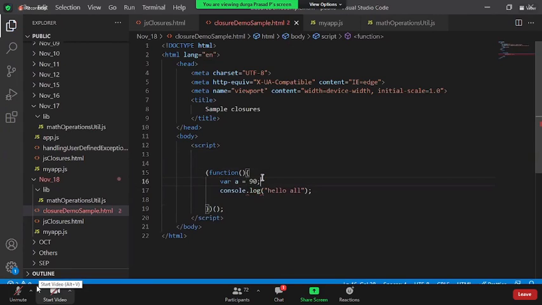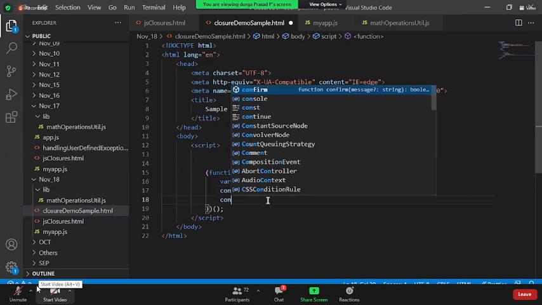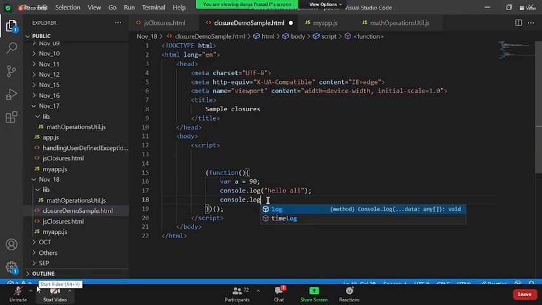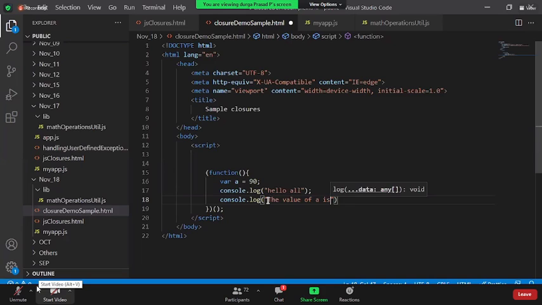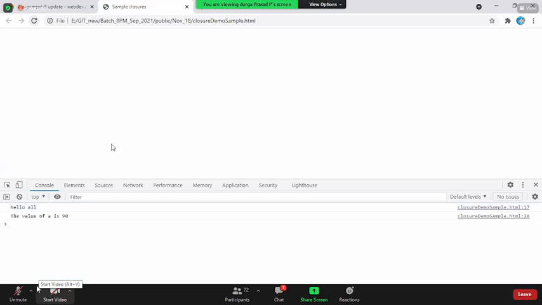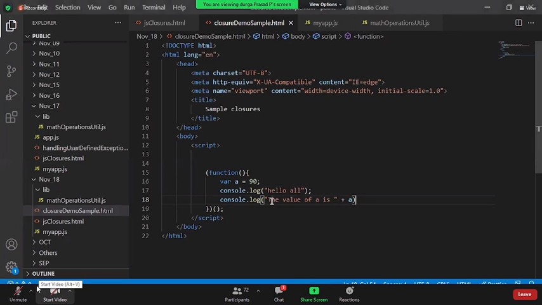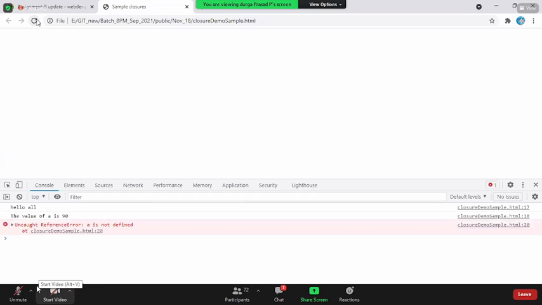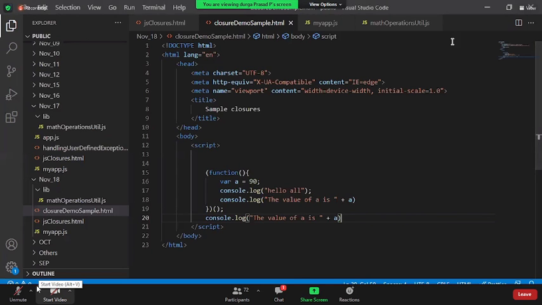Now I say a equal to 90. And inside this, I say console.log, the value of a is plus a. Now, if you save this, come back here and reload the page, yes, I am able to access the value of a. If you put the same value outside of the closure and reload this page, it is not accessible. Whatever data you define inside a closure is going to be private data within